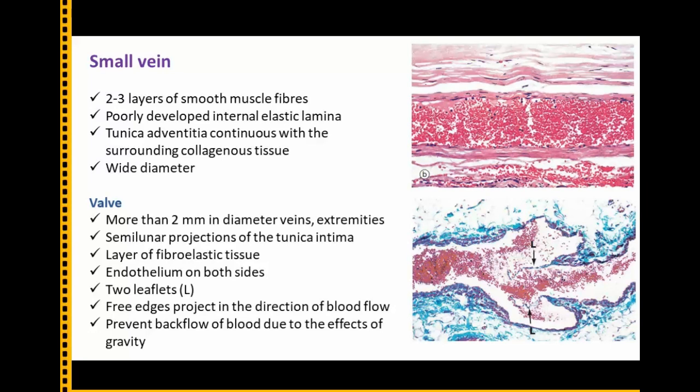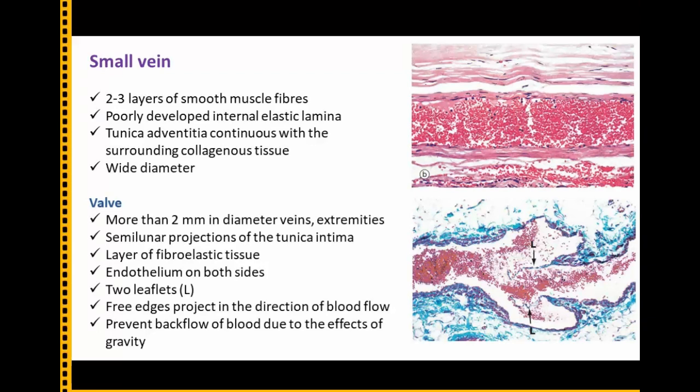They also have a tunica intima with a single layer of flat endothelial cells, then 2-3 layers of smooth muscle cells in the tunica media, then the tunica adventitia. It is continuous with the surrounding collagenous tissues, and it has a very wide diameter, and this is the site where you start having